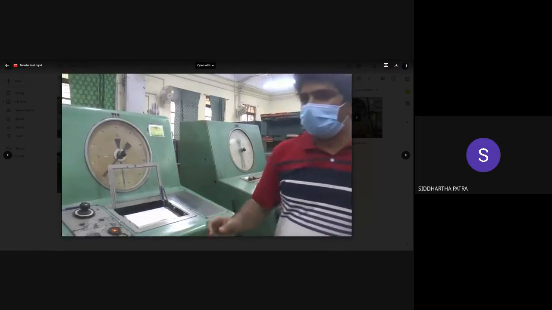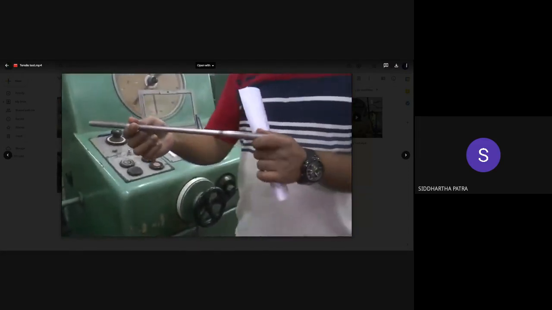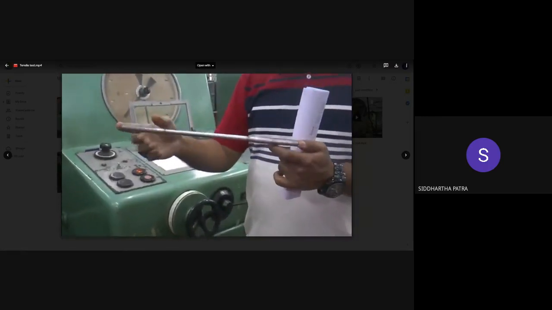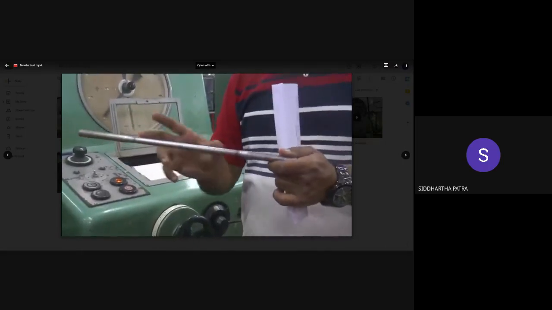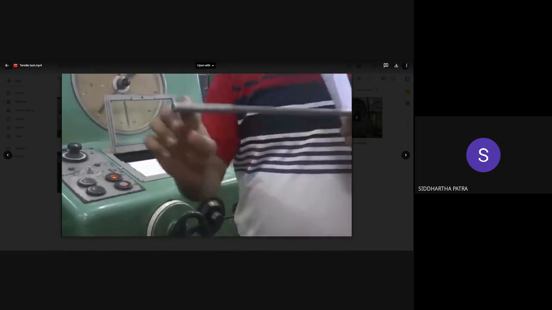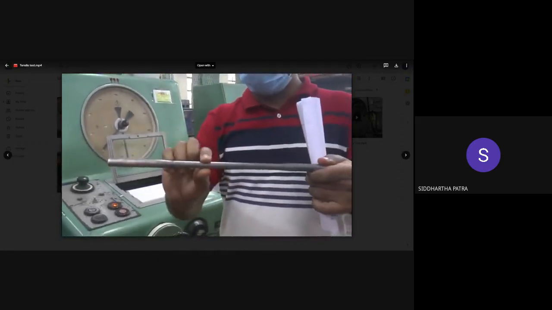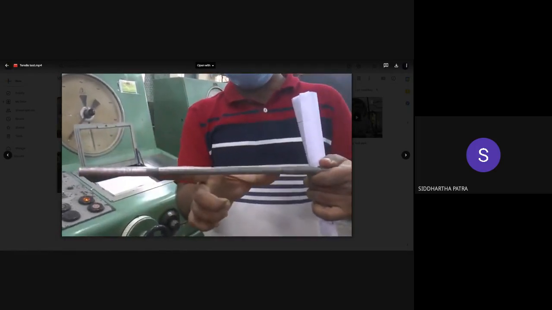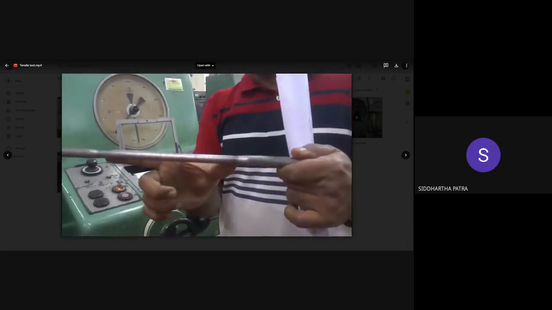So now the specimen would be attached, and this is the specimen. This is called a dog bone specimen. It's a cylindrical specimen, and the total length is about 350 millimeters. You might notice that the diameter of this part is slightly higher than this part. This one is about 10 millimeters and this one is about 12 millimeters, and this 10 millimeter diameter portion is about 160 to 180 millimeters.